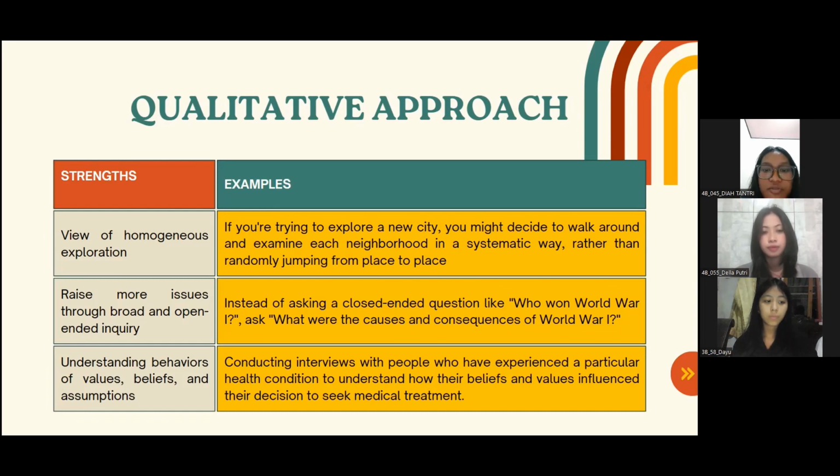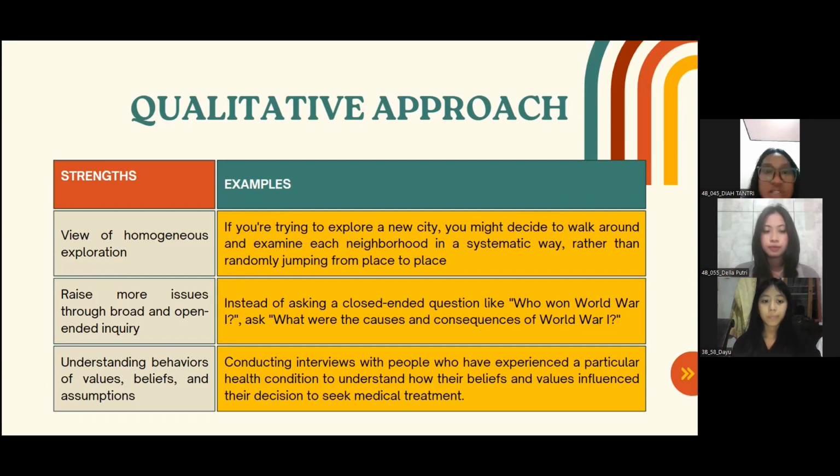For example, if you're trying to explore a new city, you might decide to walk around and examine each neighborhood in a systemic way, rather than randomly jumping from place to place. Similarly, if you're conducting a research project, you might choose to use a consistent methodology throughout in order to ensure that your findings are reliable and valid.